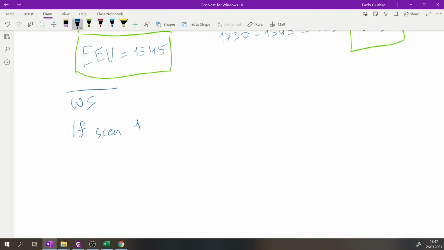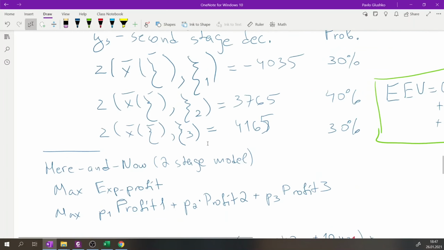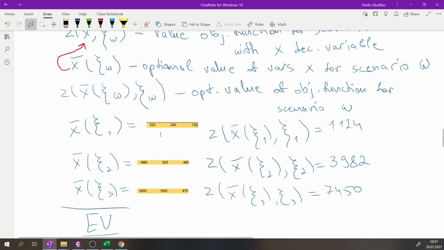We answered this question when we calculated the optimal solution for every scenario. Because if he knows that scenario one comes in the future, he doesn't need to make any of these expected value things. He just makes the decision of first scenario, which is now he will purchase 120, 240, and 130 materials because he knows that the data will be psi1, and then his profit will be